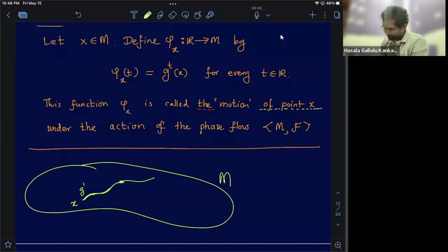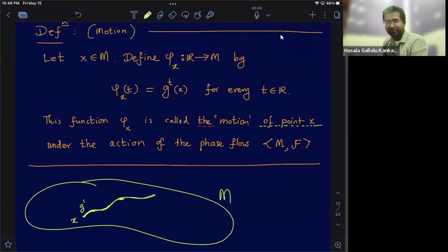So this is none other than defining a trajectory through point X. So that is exactly what we're trying to do with this mapping. And of course, it makes sense to call it the motion, right? Motion is none other than, exactly, it's a trajectory. It's a trajectory, but make sure you understand